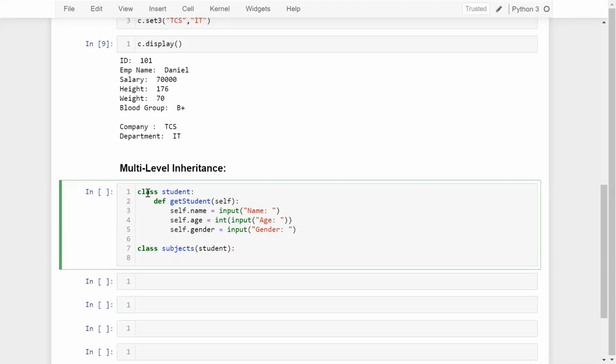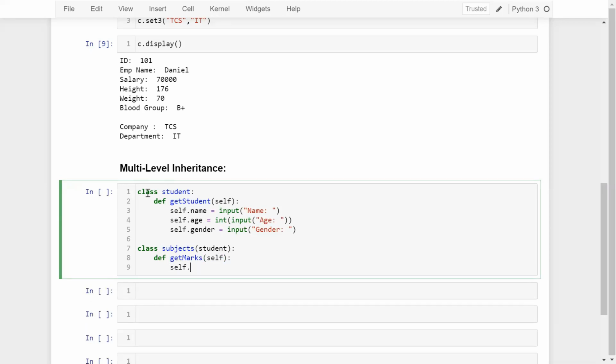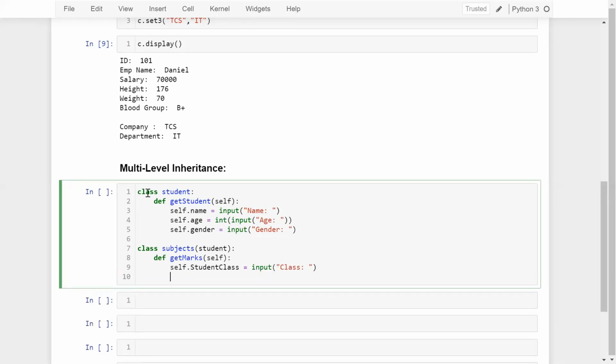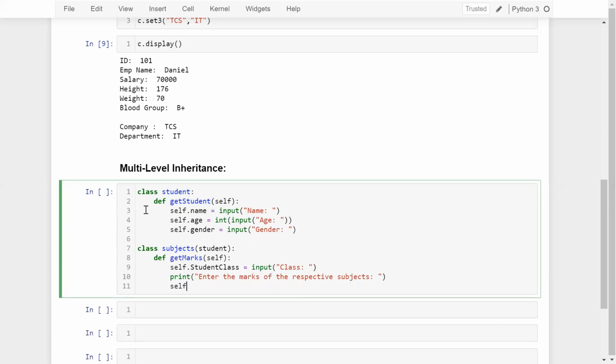Once again I'm going to define a method, which is def get marks, with self dot student class equal to input, where you can take the input from the user. And here you can display some information. Print, enter the marks of the respective subjects.